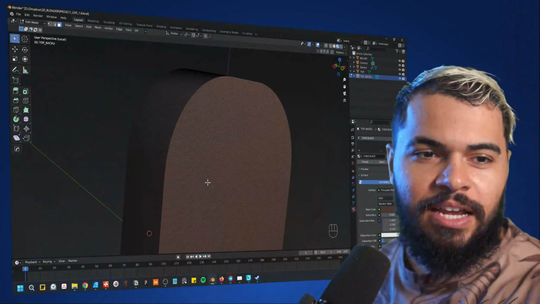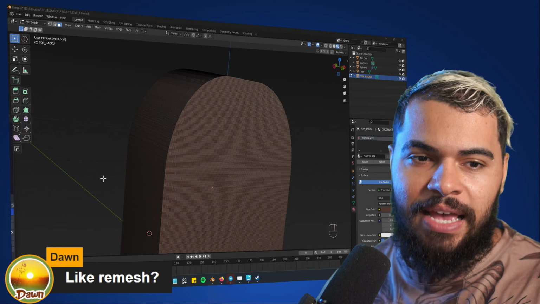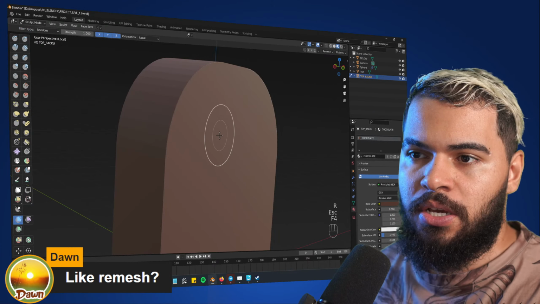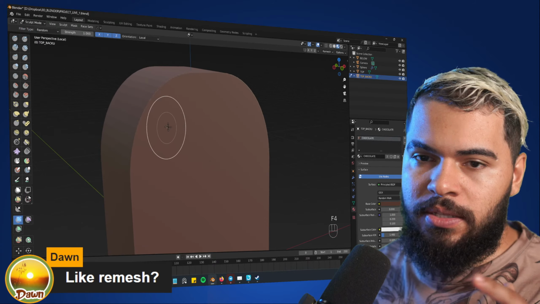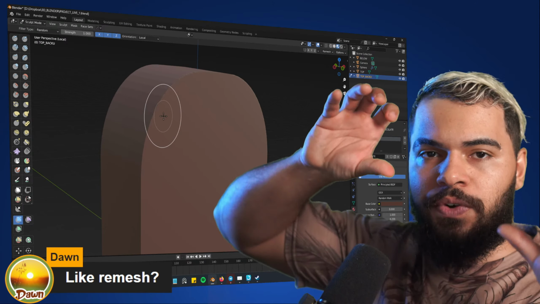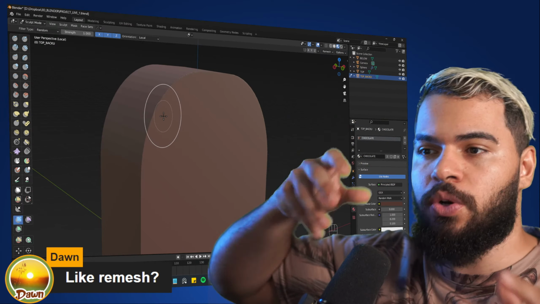Exactly, this is a remesh. In this kind of stuff, you are remeshing, converting low poly into high poly.